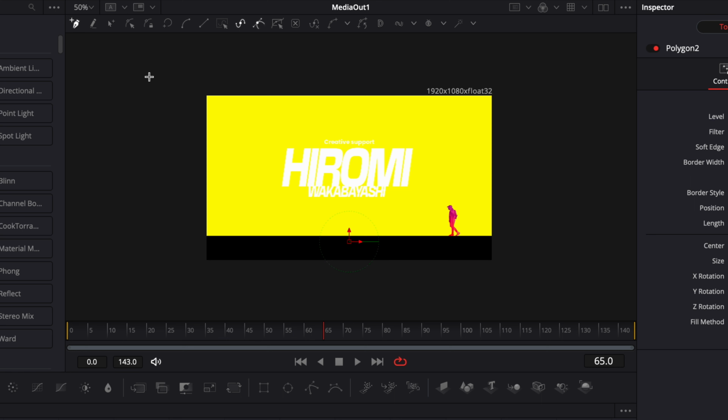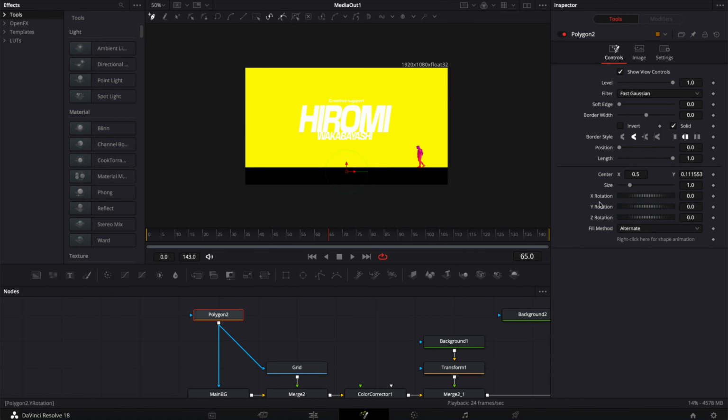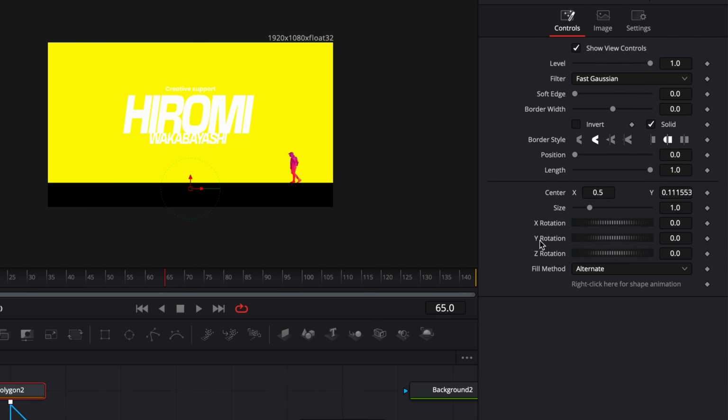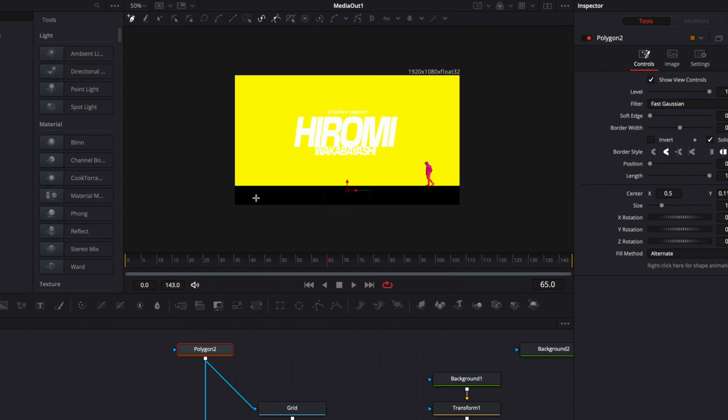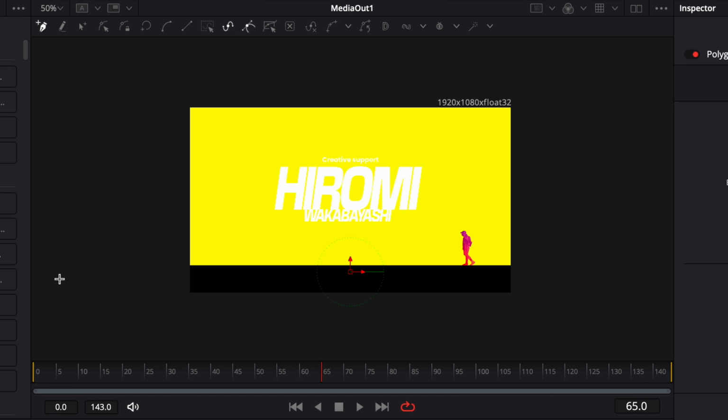Now we can just unzoom from our viewer. So we're going to select 50 and we're going to draw our skyline. We're going to make sure that we create quite a big skyline because we're going to deform it after with the X rotation and the Y rotation. So it needs to be larger than the frame. So here I'm going to draw two building blocks. I'm going to drop my first point below the pavement right there. And then I'm just going to go straight up. A quick tip is that you can hold shift to keep a straight line.